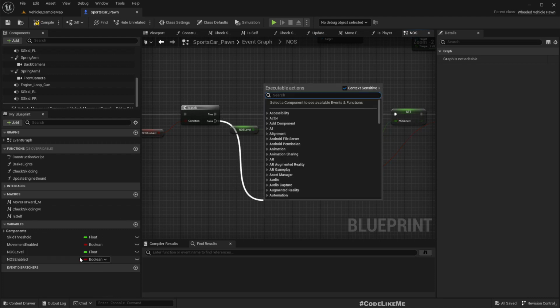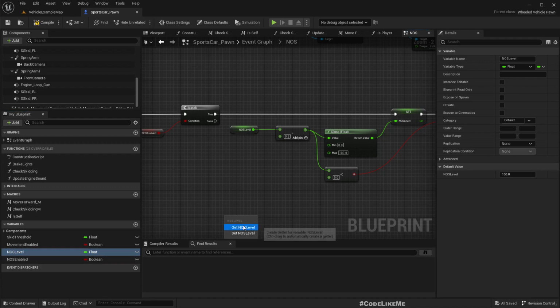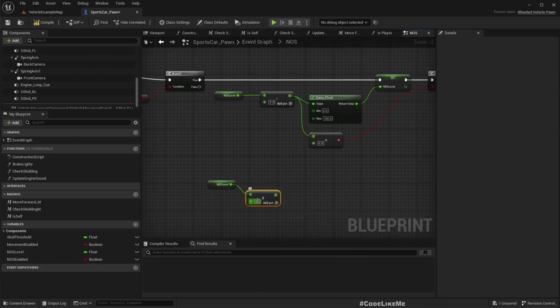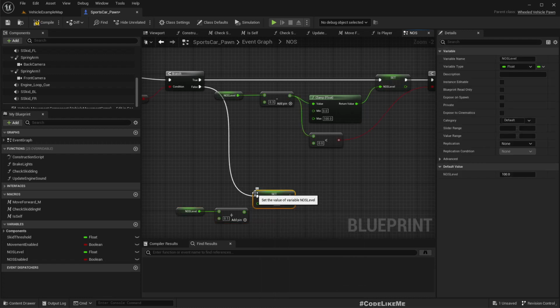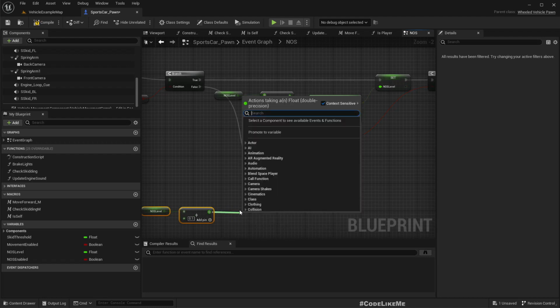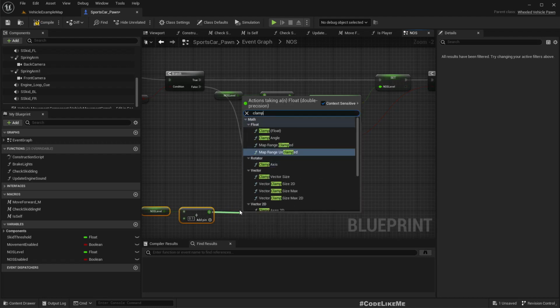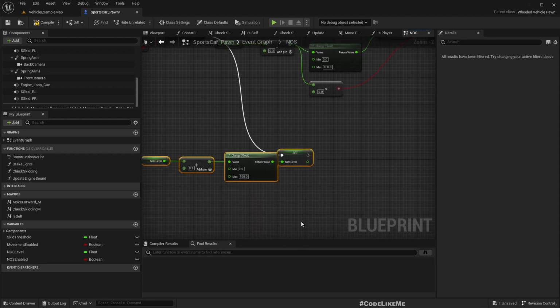So for that we can again get the NOS level and add. This should be much slower. Maybe 3 times slower, and set NOS level with the new value, and this one also should be clamped. It should not exceed 100, so clamp in between 0 and 100. Right,